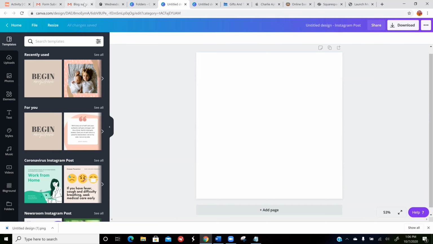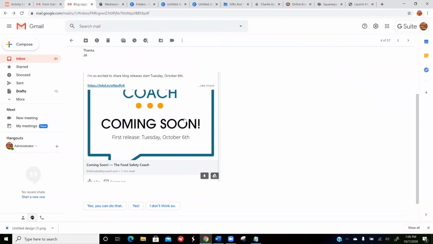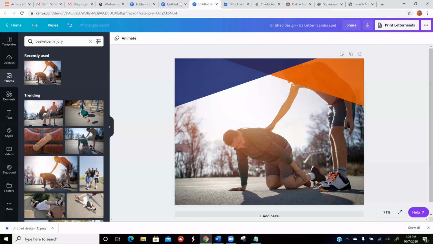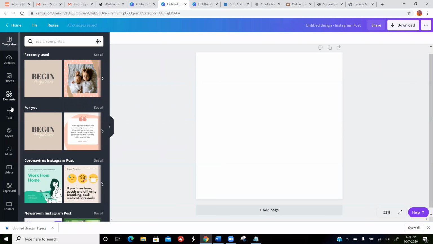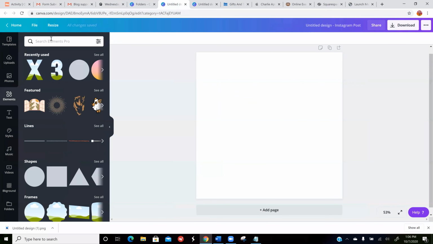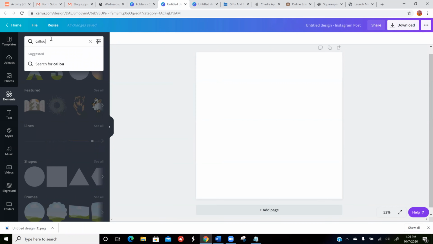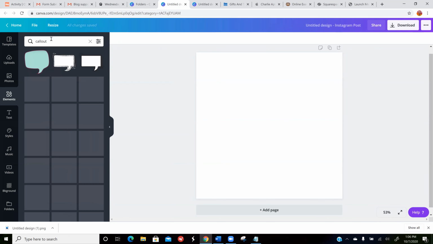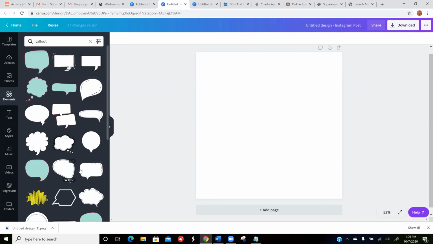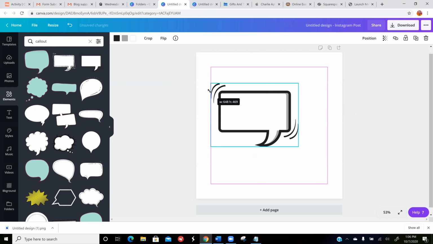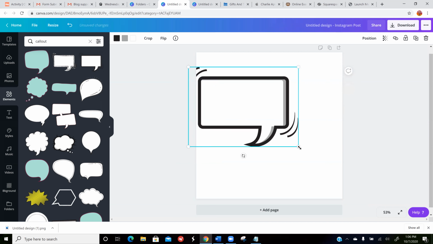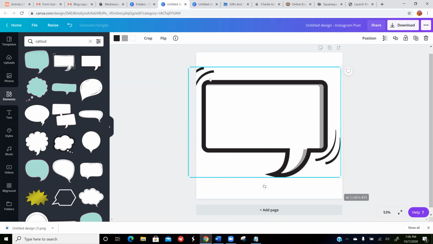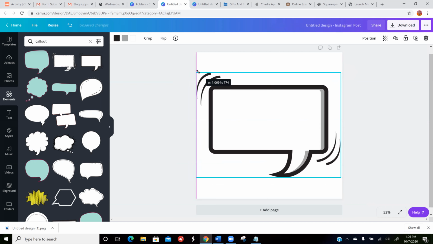But in her case, she was using this nice little call out. So what we would do instead of keeping it completely square is I would look in the elements for a call out and choose the one that I want. I'm not sure if this is the same one that she had, but I'm just going to put it in there. Rather than making it take up the entire square as she did,